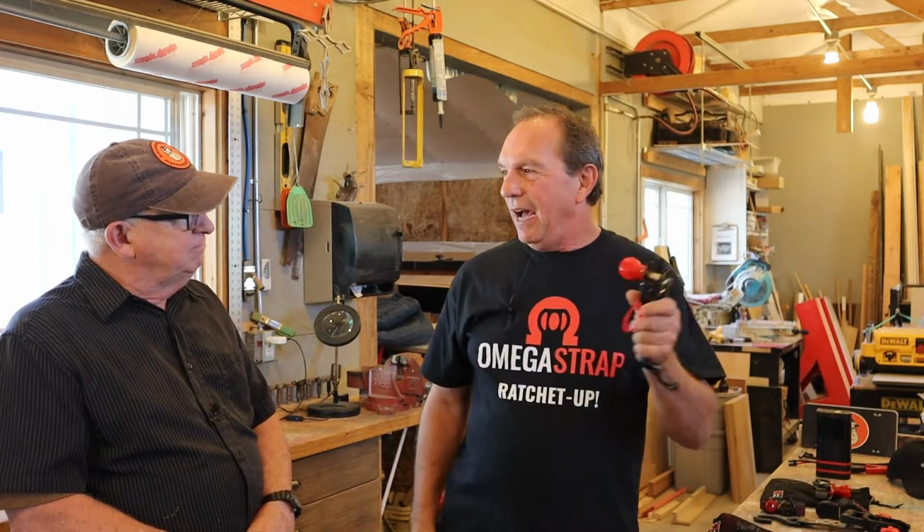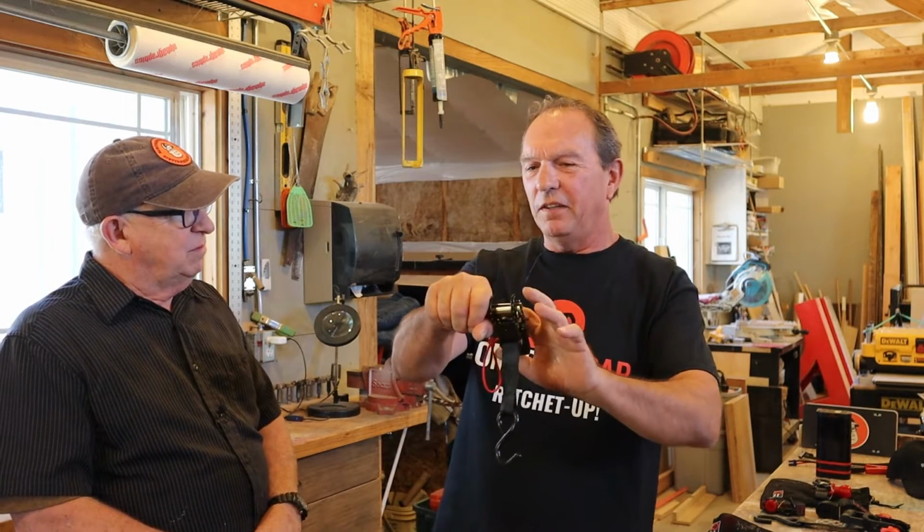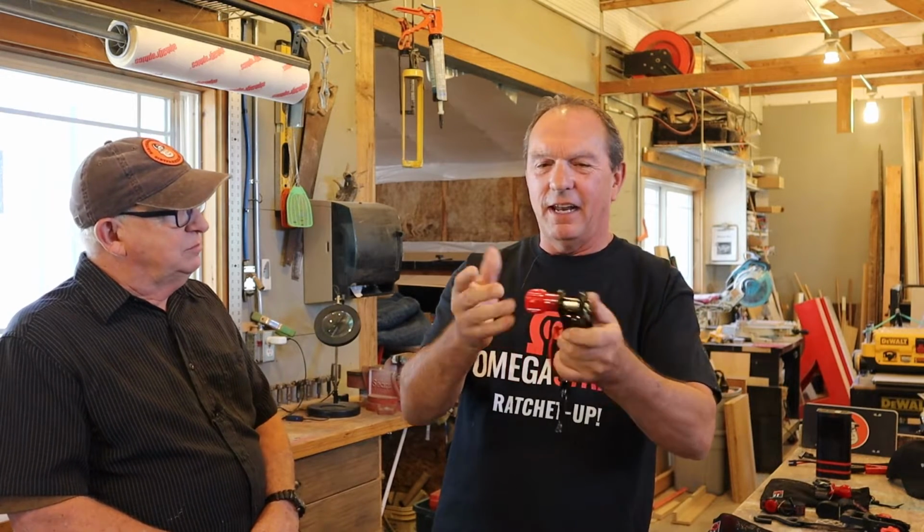I was so frustrated. I would unload my kayak to adjust something, and boom, it'd fall to the ground because I'd opened the strap and it was gone. And I said, if somebody would just put a knob on that thing, I'd be able to control it. So if I opened it up, I could then hold this and just close it again real quick, loosen it one notch, and then I would be able to...